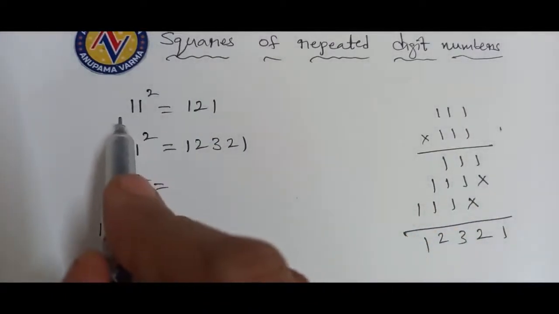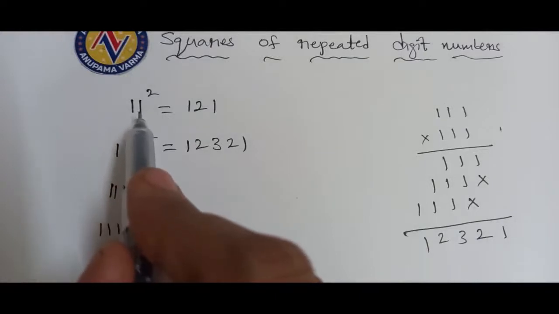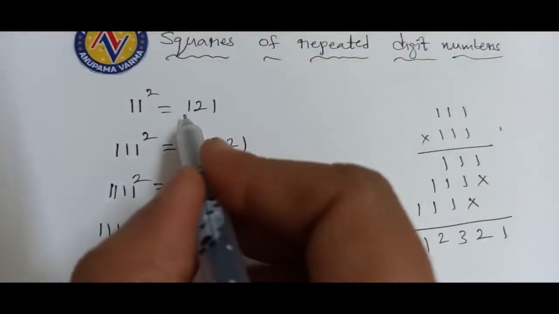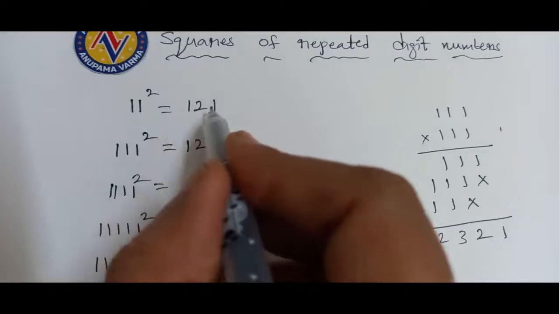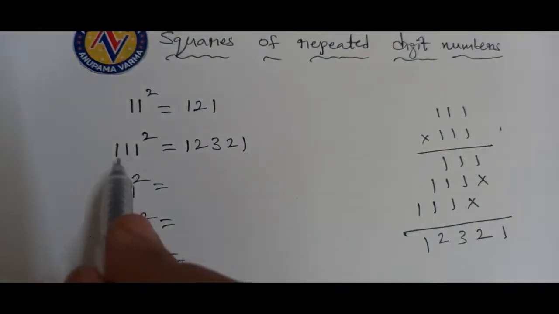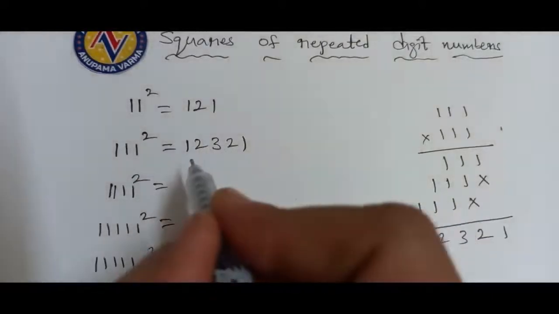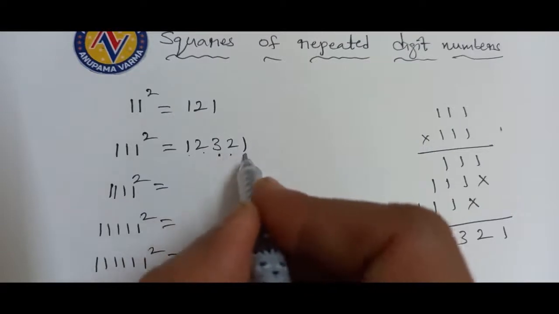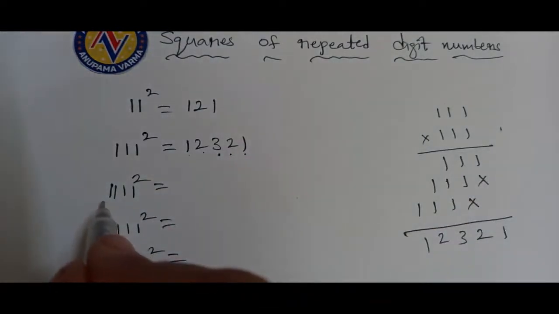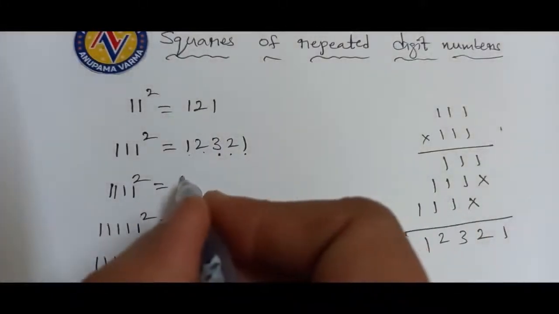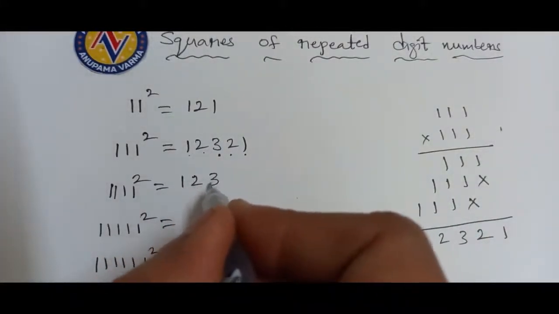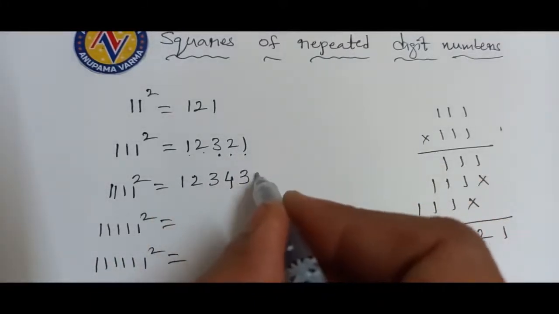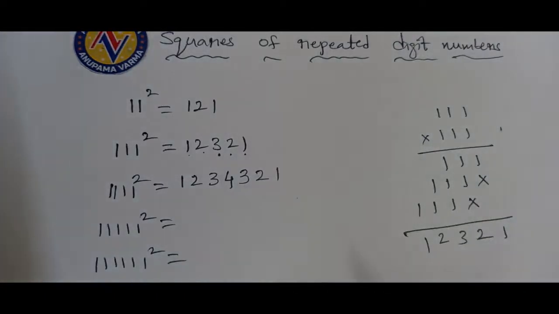See here. Here how many ones are there? 2 ones are there. So write until 2. 1, 2. Then reverse the order. 1. Here how many ones are there? 3. Write until 3. 1, 2, 3. Then reverse the pattern. 2, 1. So this is 4 1 squares, no? Write until 4. 1, 2, 3, 4. Then reverse the pattern. So 3, 2, 1. That's it. So simple, no?